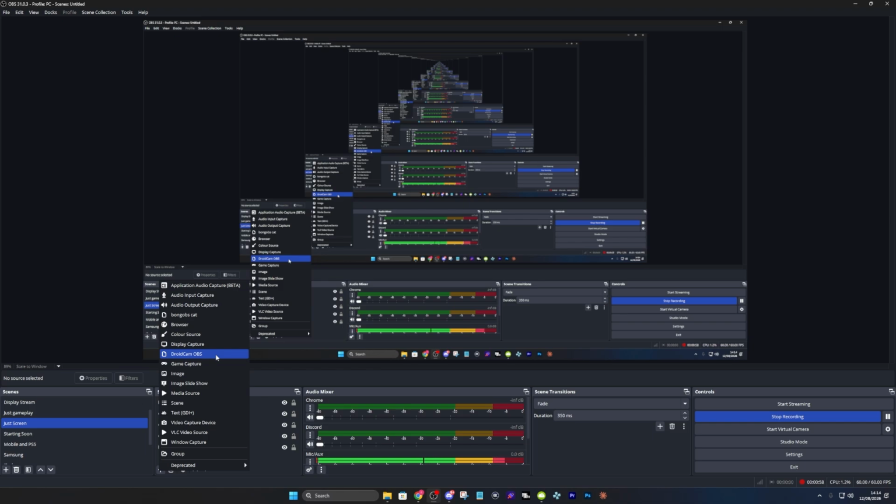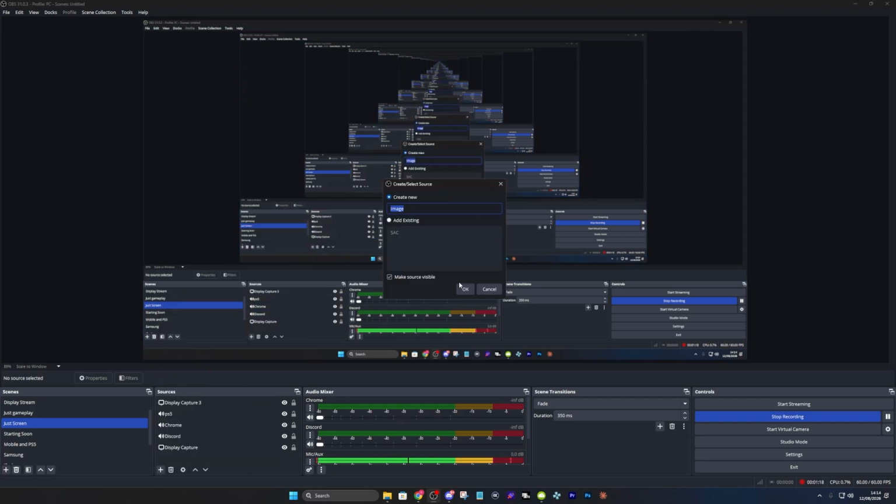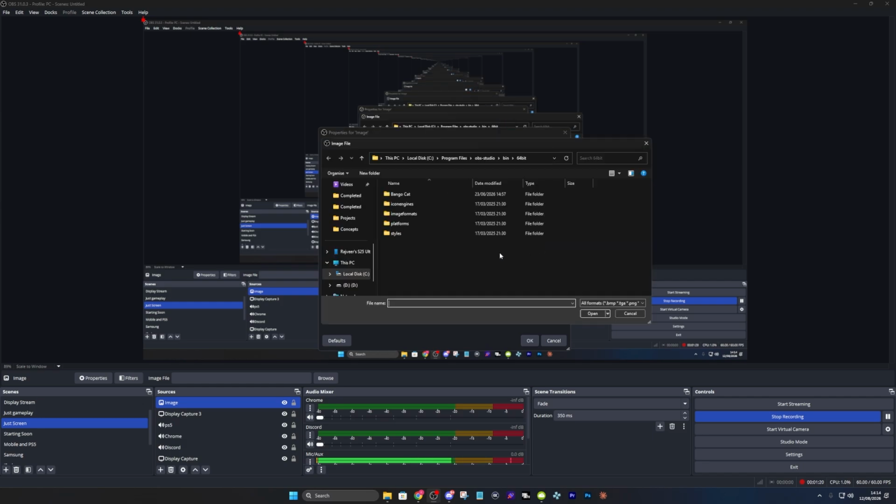Now, if your starting soon is a video or anything like that, then what you want to do is just do media source, or you can just do a video, right? But if you just have an image, then what you want to do is just press image. So all I'm going to go ahead and do now is press this right here, press image, and then I'm just going to call it image, and I can upload